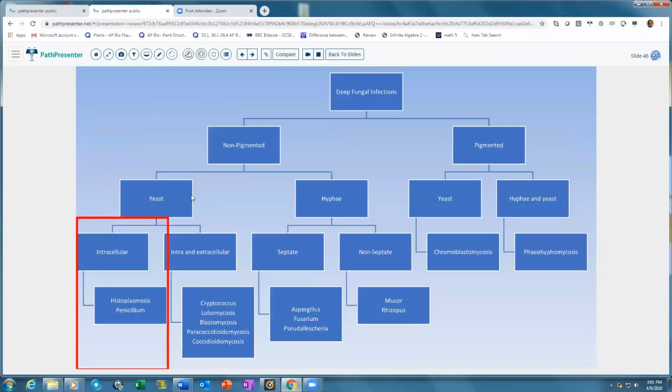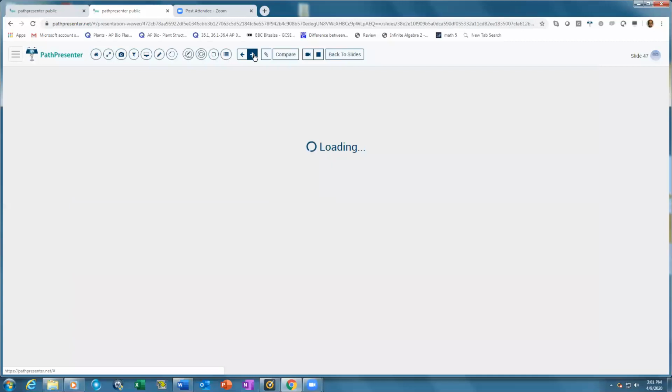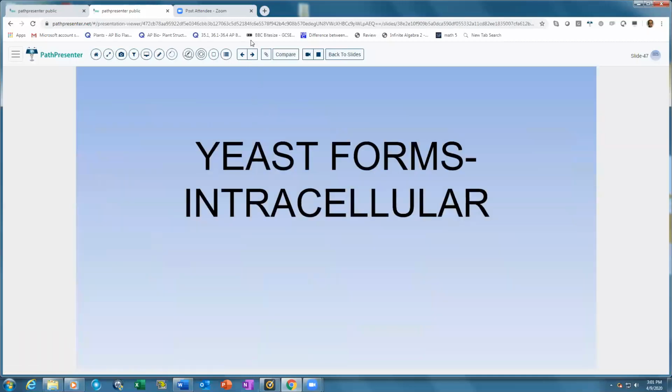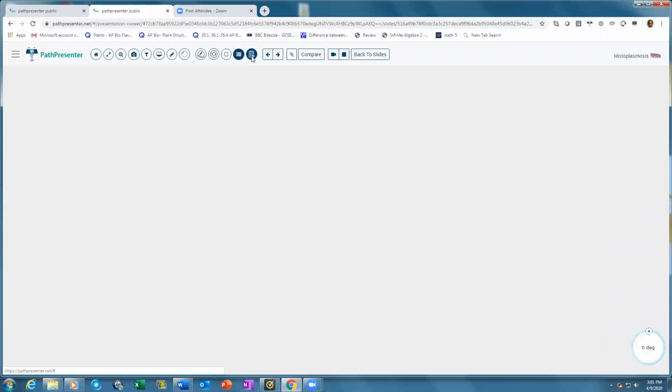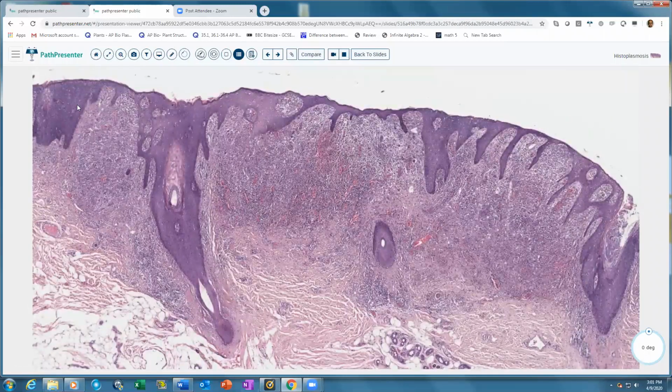So next we'll move on to the yeast forms, which are intracellular. The more important one is histoplasmosis, and then the uncommon one is Penicillium. So here's a nice example of intracellular yeast forms. Here again you can see some pseudoepitheliomatous hyperplasia on the top, which may be present, may not be present. And in the dermis you see the suppurative and granulomatous inflammation. So again, you have to think of fungus and